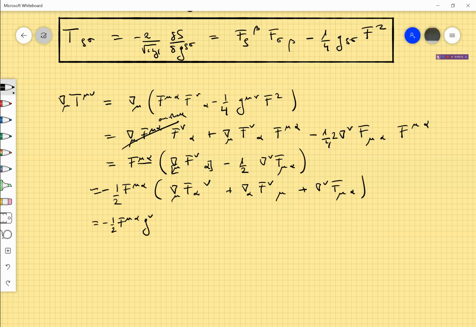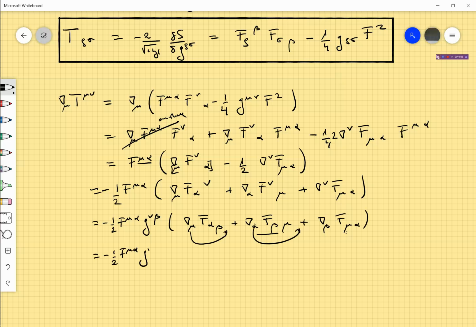So I take a metric like this. And this would be nabla nu f alpha beta plus nabla alpha f beta nu plus nabla beta f nu alpha. And you see that you get this term by taking mu here, and you get this one by taking alpha here. So it is cyclic permutations, and this is nothing but 3 times